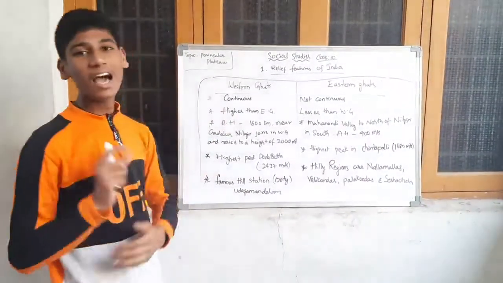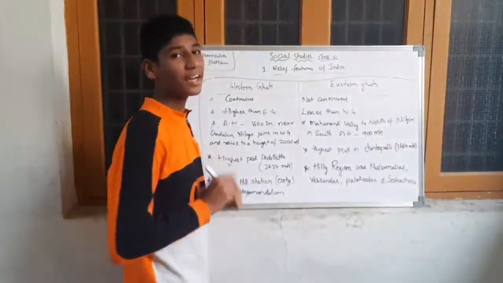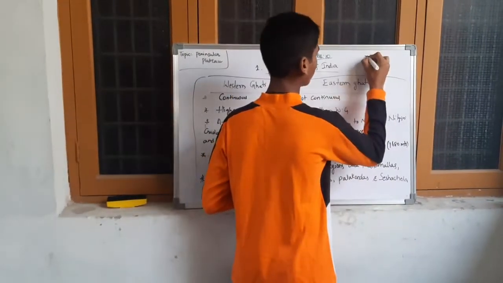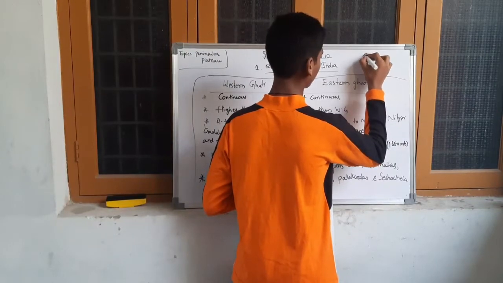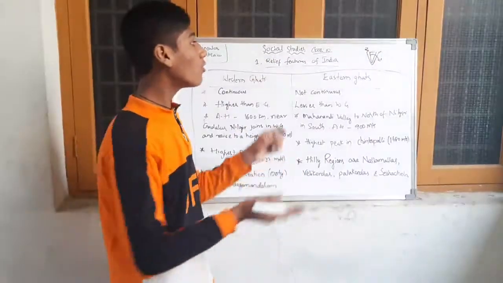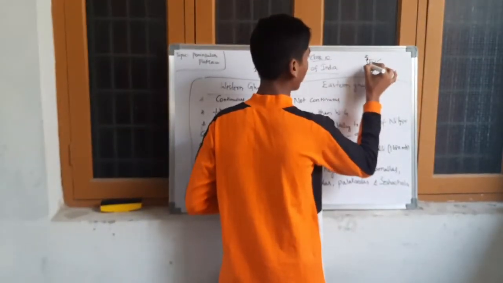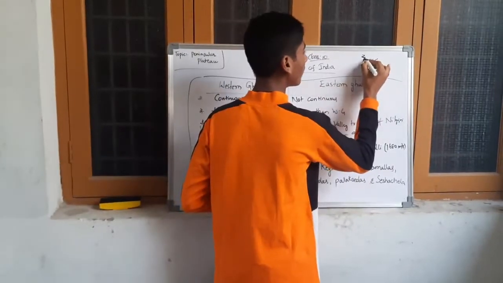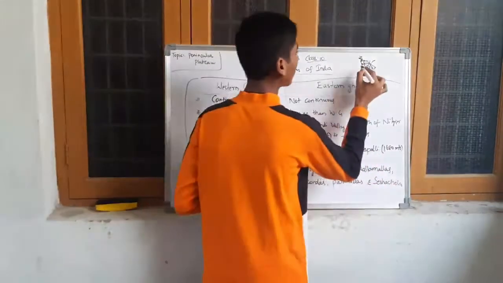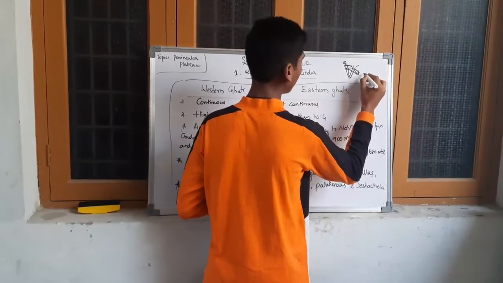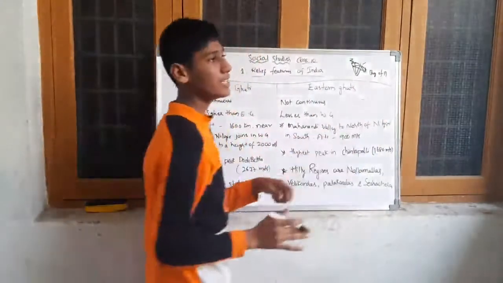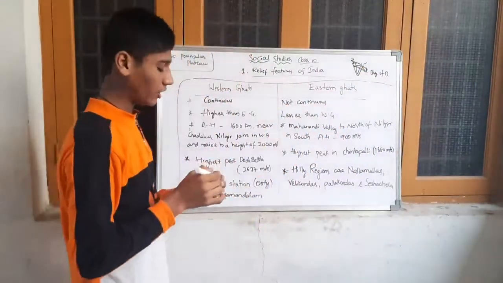So Western Ghats are continuous ranges. What is meant by continuous ranges? I already said that the Peninsular Plateau slightly bends towards the east side. So whatever rivers originate from here, like Godavari and Krishna, they move towards the east side because of the sloping area; rivers always move to sloping areas. They cover the total Deccan Plateau and finally reach the Bay of Bengal. So always the Western Ghats are continuous ranges, but the Eastern Ghats are not continuous ranges.